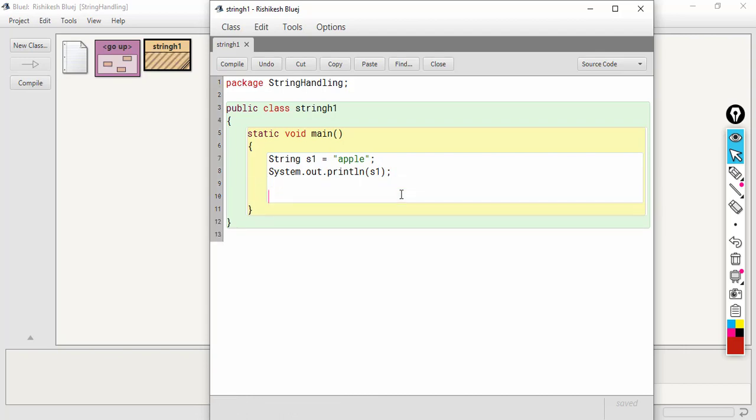And now let's create another string s2, and this time we'll use the explicit method. That means we'll use the new keyword. Within the parenthesis I'll be creating the string. If you notice, this is a constructor of the string class, isn't it? This is a constructor of the string class which accepts a string as a parameter.